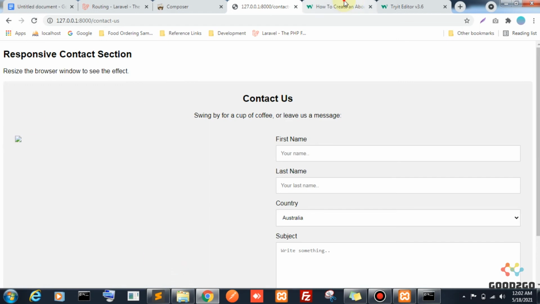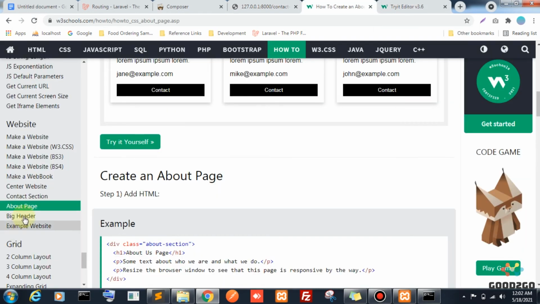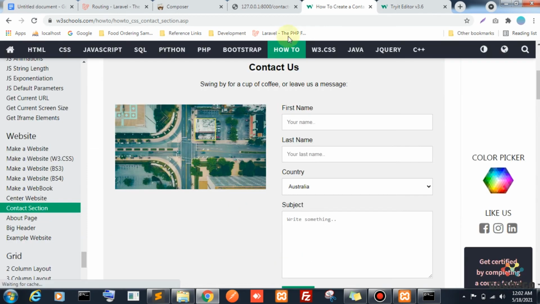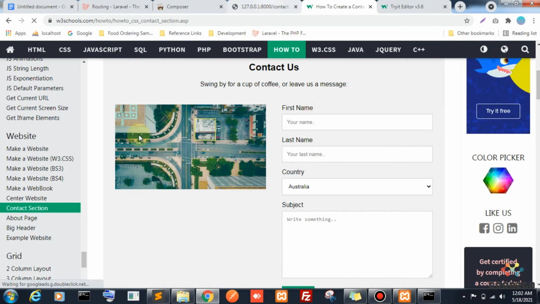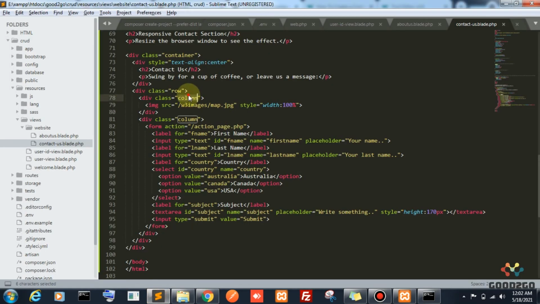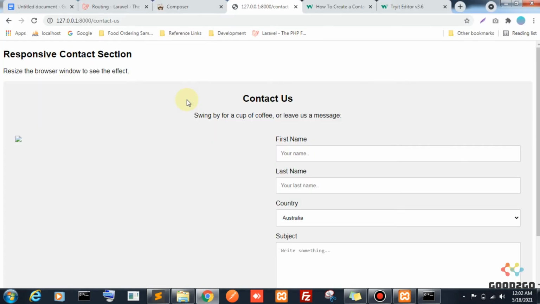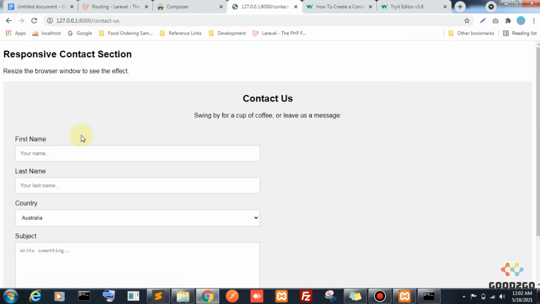This is one column. Here the image is not showing. Hope we can see it in this section. See, this image is not available in our website, so this is one column, this is one column. Here we have a two column div. I am going to remove this division, one row column. So this column comes to the left side.